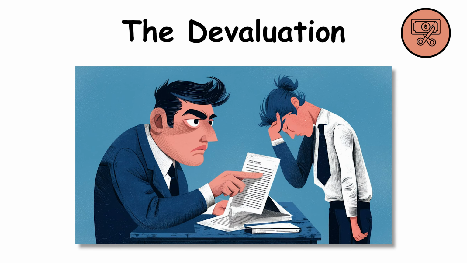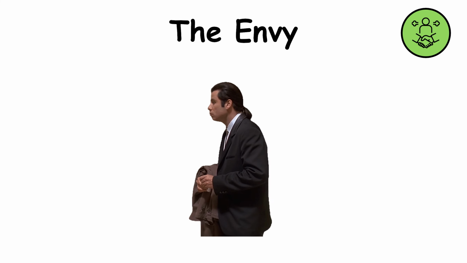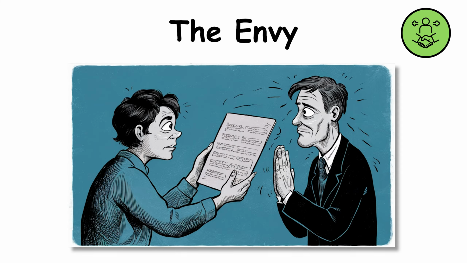The 17th technique is provoking envy. The manipulator intentionally showcases their successes or achievements to make the victim feel envious and inadequate. For example, the manipulator might constantly talk about their work achievements or new purchases, making the victim feel less successful. This creates a sense of inadequacy in the victim and pushes them to seek the manipulator's approval.